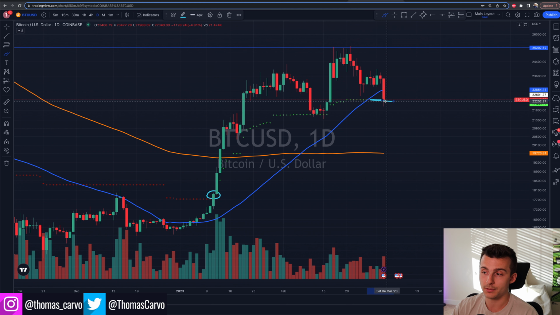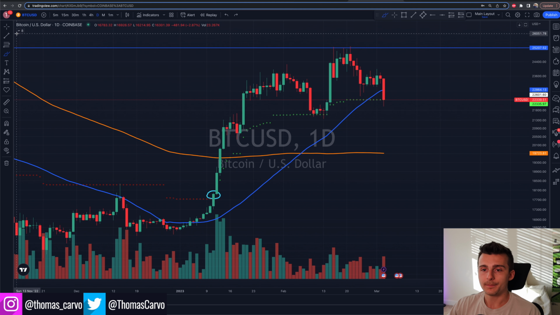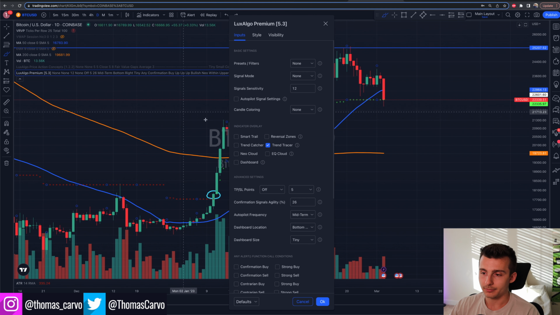If this closes below this level, then the short, okay? Daily candle close above or below that trend, reversing trend. So a push up above the red or a push below the green, we enter long or short. Now I will then go over to the other indicator on the premium and I'm going to go to Smart